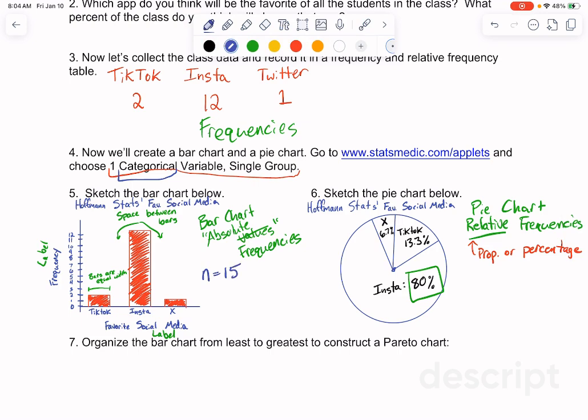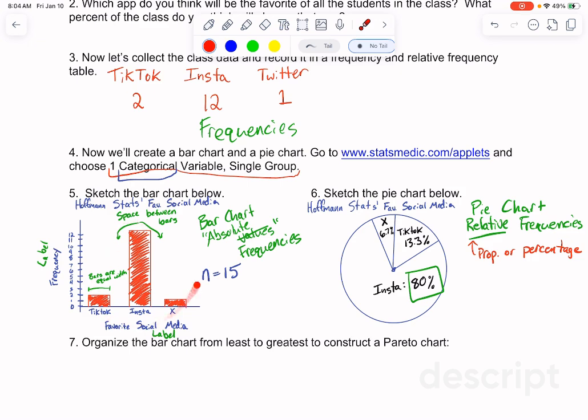But say we had another class and it was like a giant university class in a lecture hall, like 500 students. Well, that class could have a different breakdown, or it could answer more or less the same. Say instead of 12 people liking TikTok, we had 400 people liking TikTok.